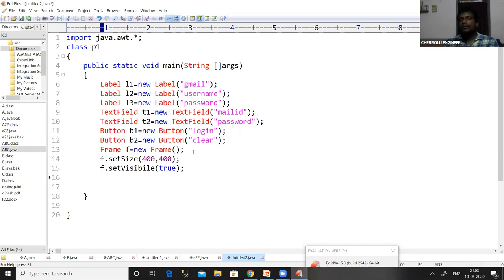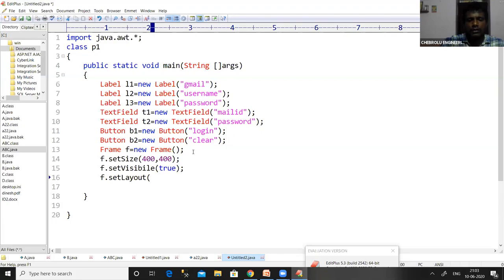In order to make all the components on the frame visible, we need to use the method setVisible, and we need to pass true as the parameter. And then we have to set the layout.